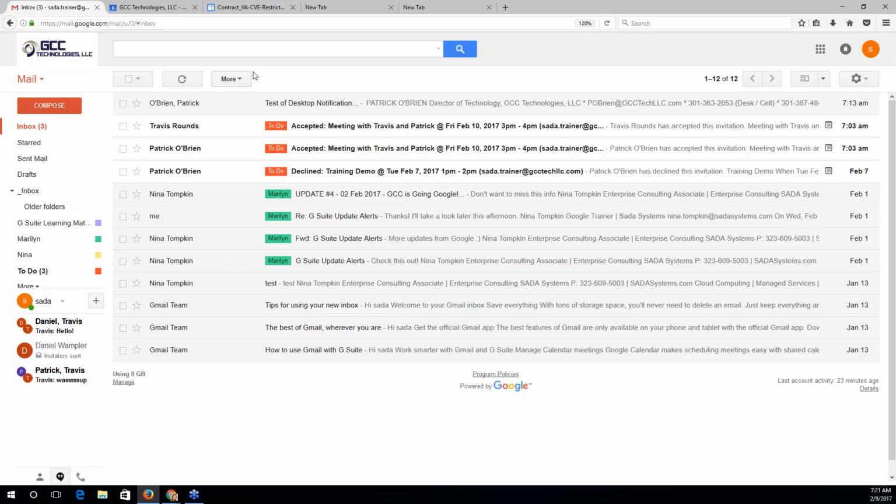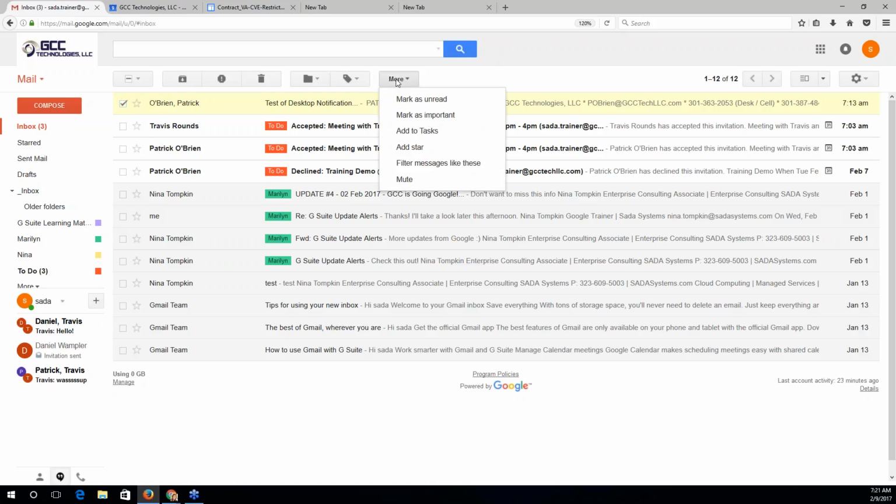Another example is every time I reply to a message, I want to apply a star. So those are some filters for an example, and you can create a filter together with me if you'd like by selecting an example message to start. So I can use that example with the Patrick scenario: messages from Patrick put into a Patrick label automatically. I'll select this message as a starting point.